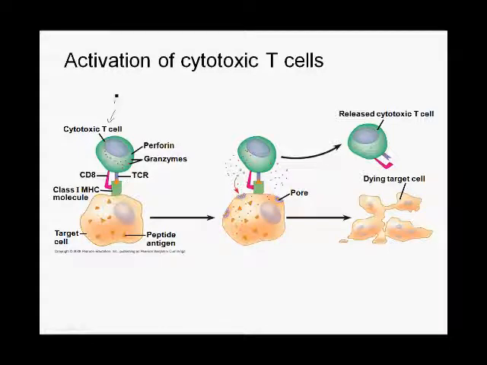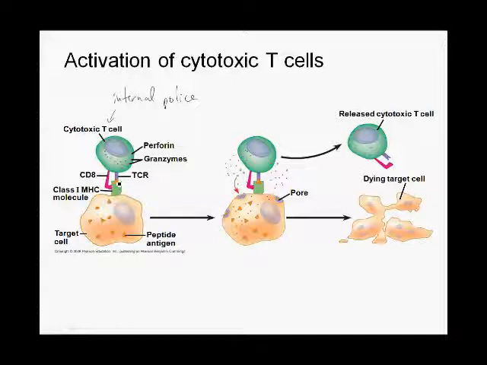Cytotoxic T cells are internal security, or internal police. They're kind of like the FBI. So they're internal security. Their job is to go around inspecting the garbage cans of all the cells in the body, and seeing what's in the garbage cans. So remember I said class I MHC molecules are kind of like garbage cans displaying bits of cellular garbage, looking for anything suspicious. If the T cell receptor